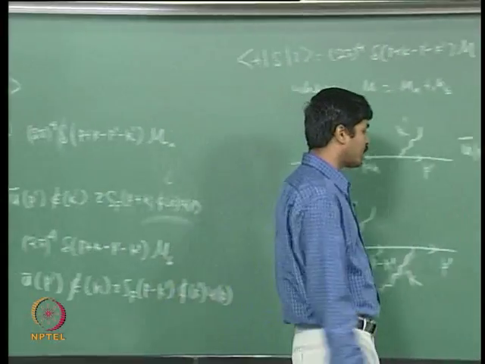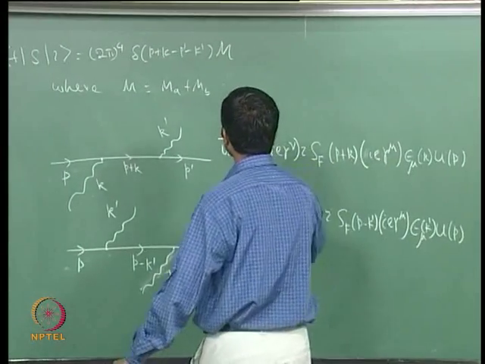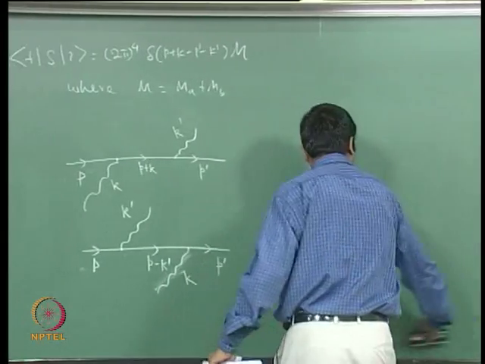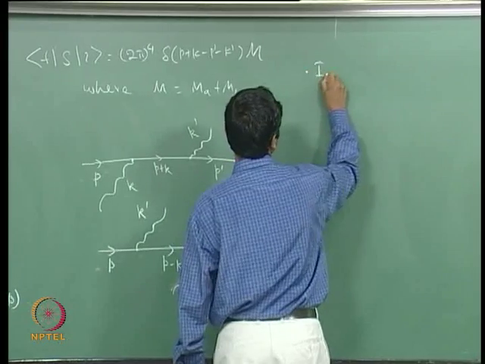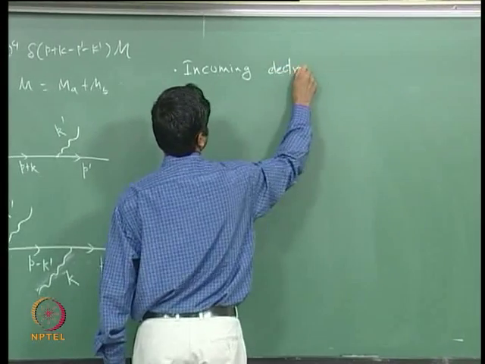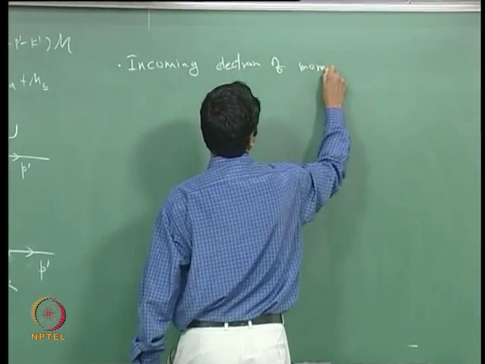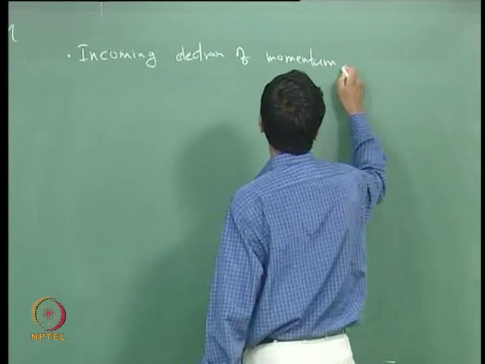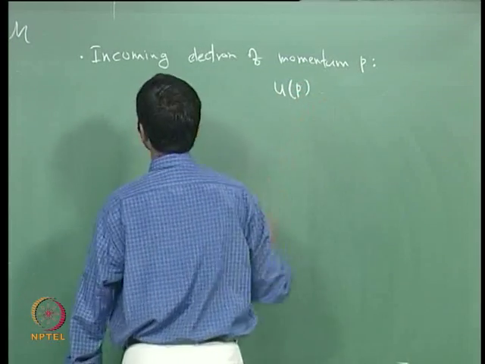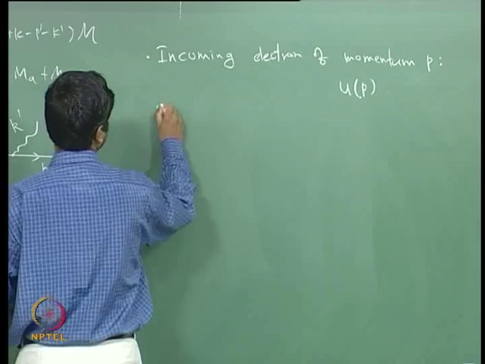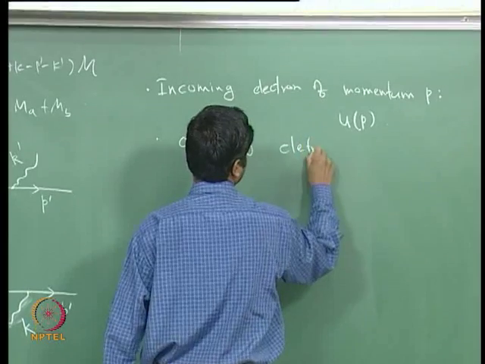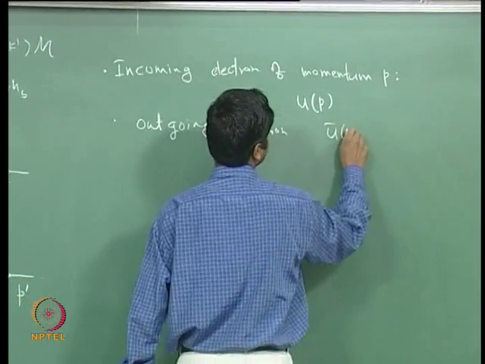So this immediately suggests a set of rules which say that if you have an incoming electron line of momentum p, you write u of p. For an outgoing electron, you write u bar of p,